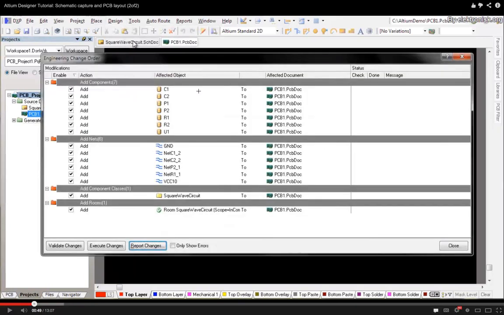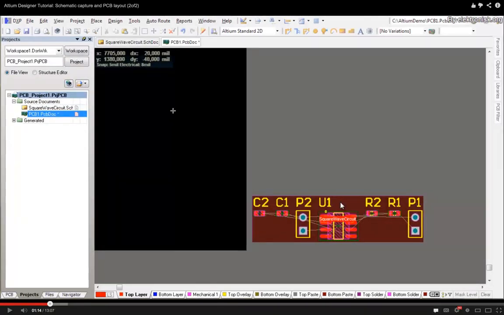You click that, and you will see all the components that you have, and all the wires, and the ground that you have from the schematic file you created. And you want to execute changes. You click Execute Changes, and it will go to here, and you will notice that you will have all of your components here